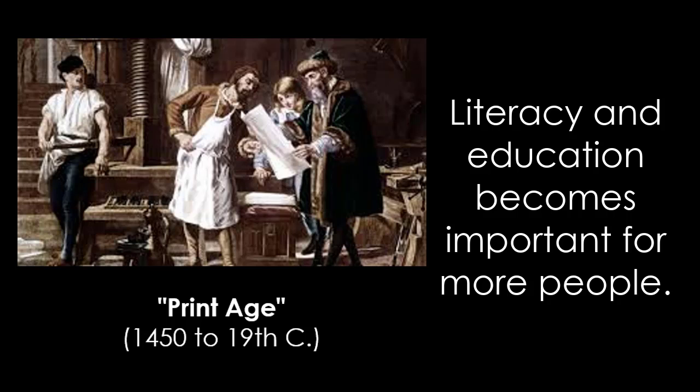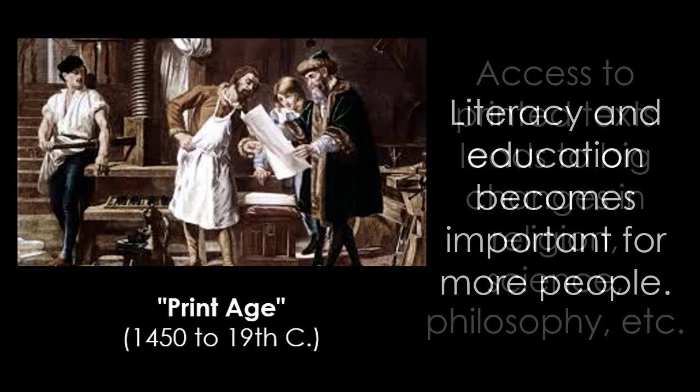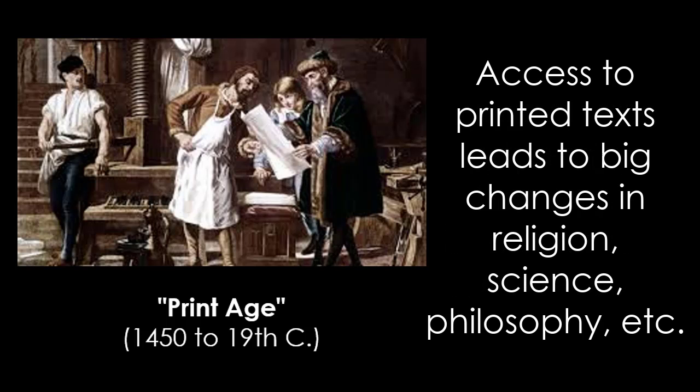More folks having access to the Bible, for instance, made the entire Protestant Reformation possible, which basically exploded Christianity into a very different kind of cultural moment. And of course, more access to texts and more education means that the Dark Ages give way to the Renaissance and the Enlightenment, as education and culture, the development of science as well as philosophy, develop in ways that just explode when more people have more access to information through books and other materials.